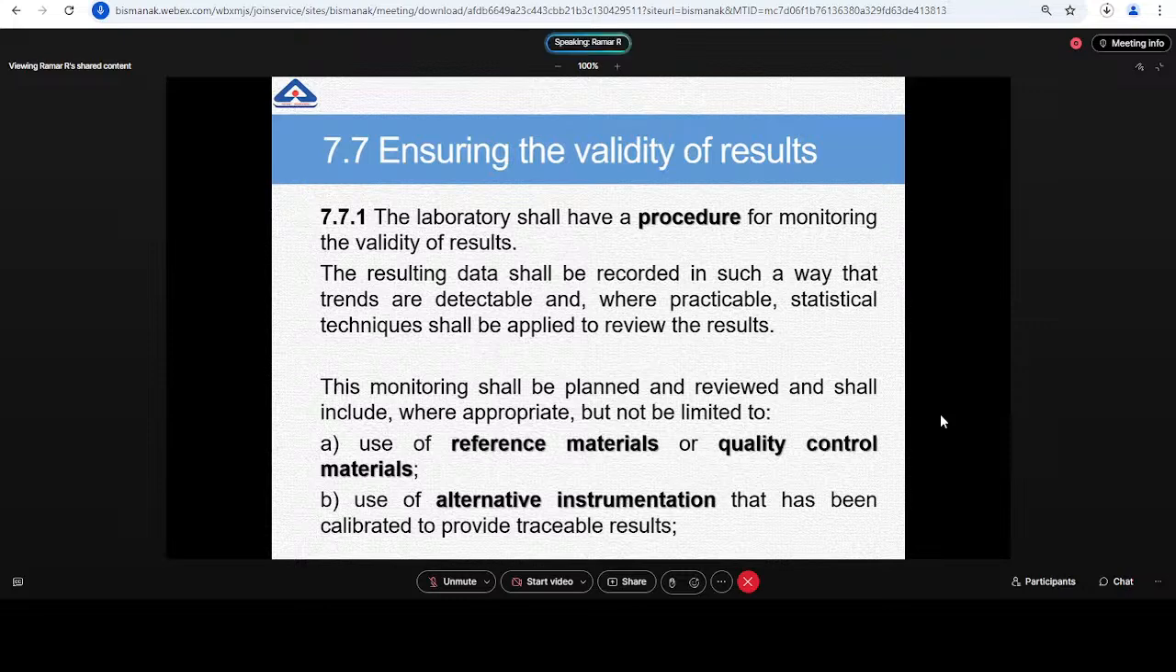Thank you, sir. Okay, so alternate instruments. So A and B we have covered. So now it's